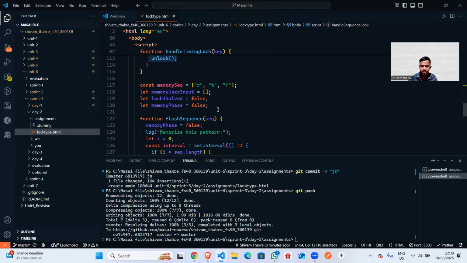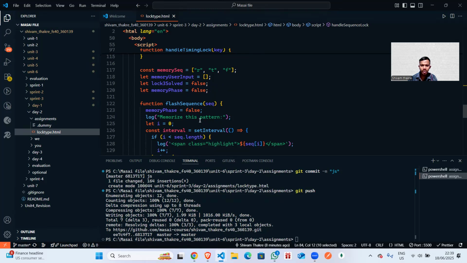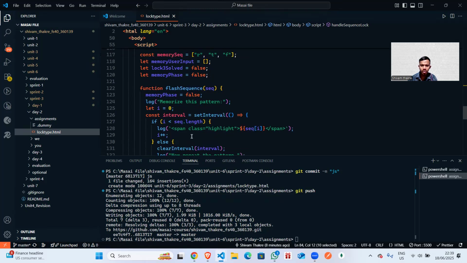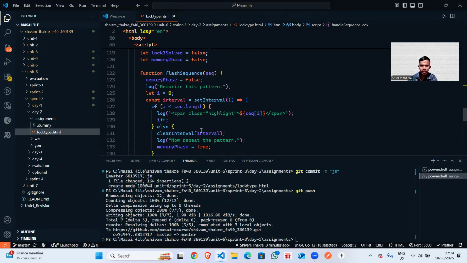So you have to press the three keys in this manner, R T F, and there will be an array where we store all the things. The memory phase starts as false, so it will memorize the pattern.